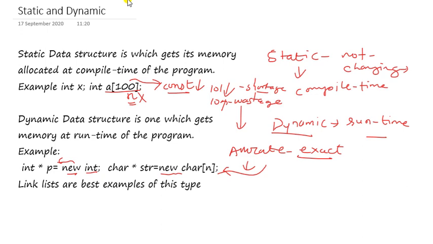Similarly, you want to allocate memory for a string. This n can be a variable here. This is the difference between static allocation and dynamic allocation. It looks like an array, but it is not actually an array. We allocate memory dynamically. We get the value of n at runtime, and as per the requirement we allocate memory. So neither are we falling short nor allocating excess memory. It is optimum.